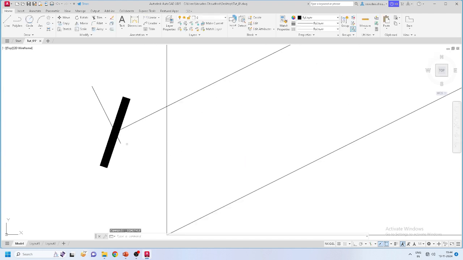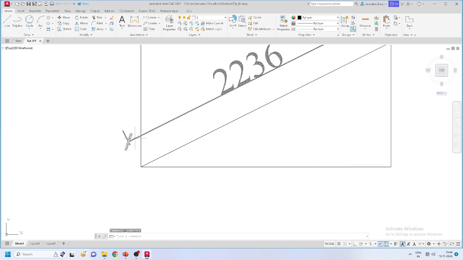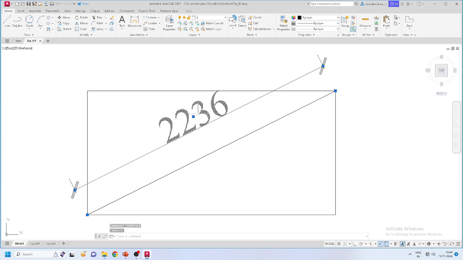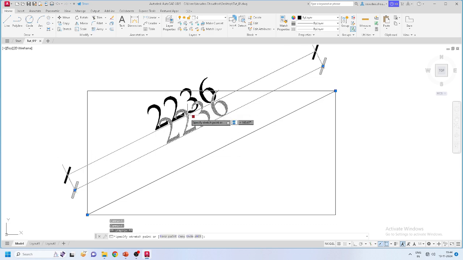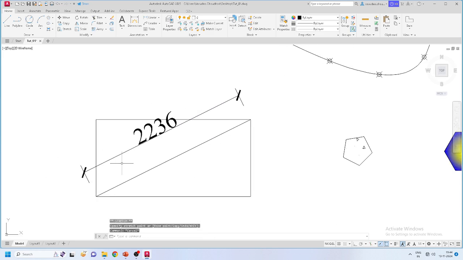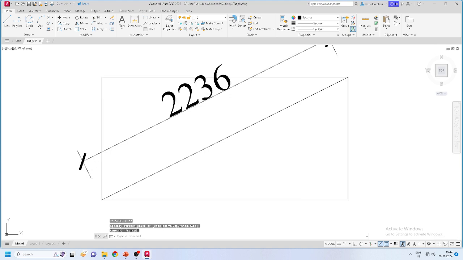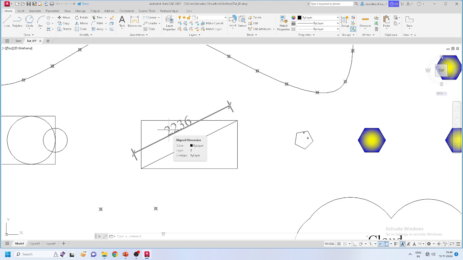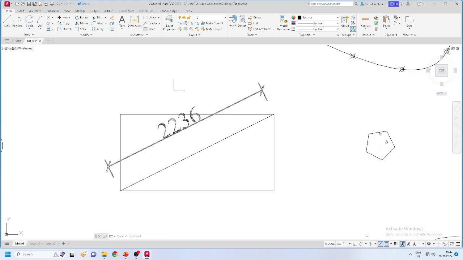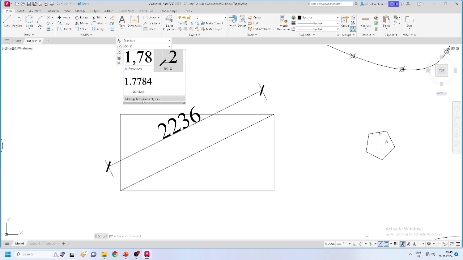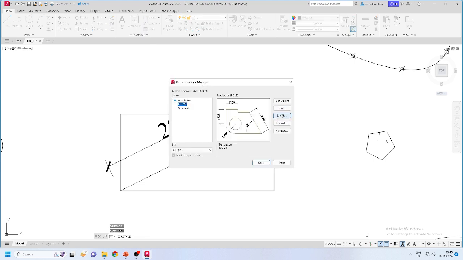Now you can see that this dimension extension line started from 200. Definitely you can move it a little further. So that's how you can differentiate the main line from these lines. So what else options can we modify here? Modify